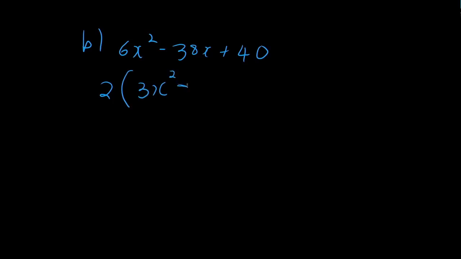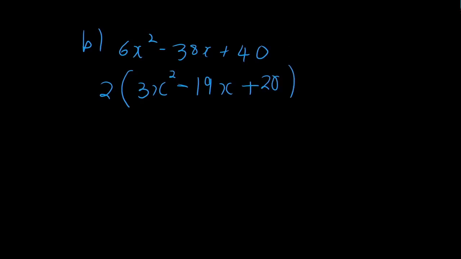We've got 6x squared minus 38x plus 40. The first thing we do with any type of factorizing is we take out our highest common factor if it exists. So it's 6x squared minus 38x plus 40. What is the highest common factor between these terms? It's 2. So I pull the 2 out, and I'll be left with 3x squared minus 38 divided by 2, which is 19x, plus